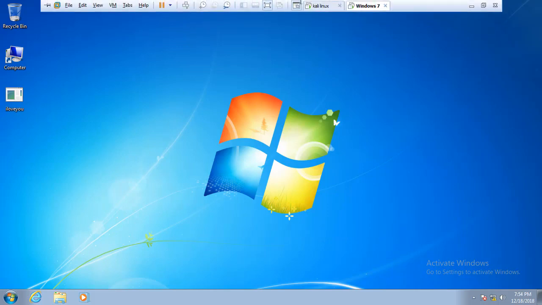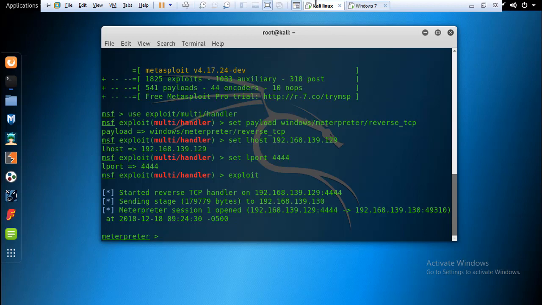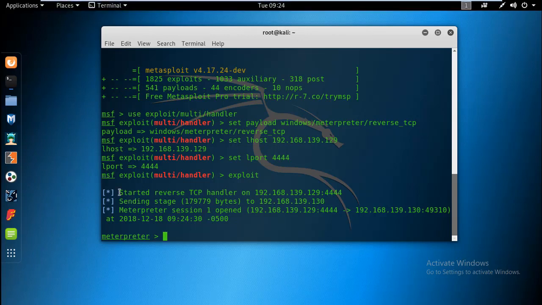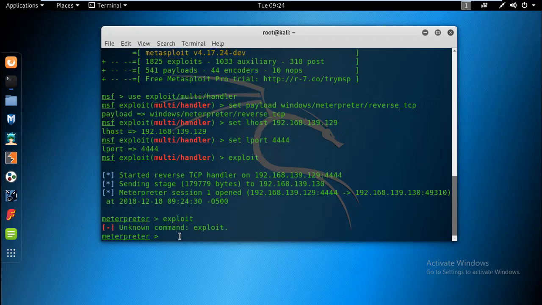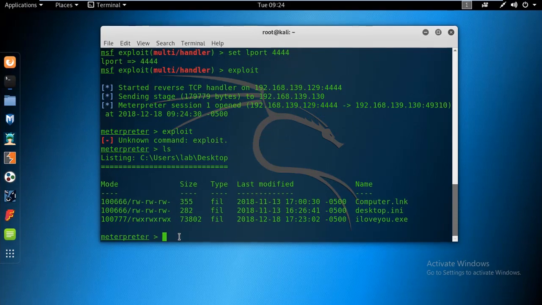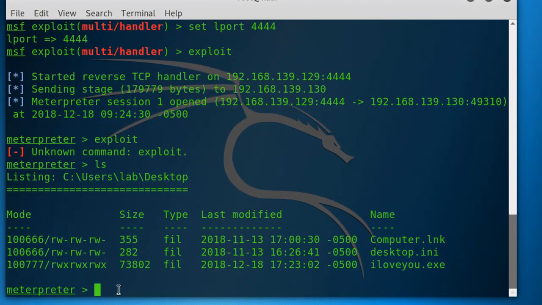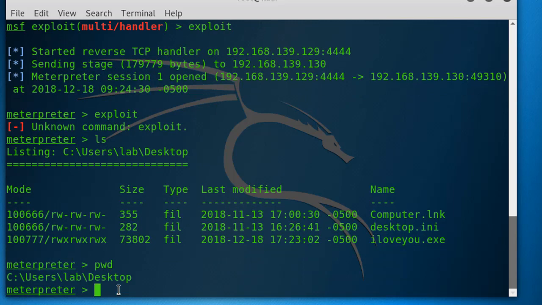So now let's get back into our Kali Linux operating system. You guys are seeing that we get a Meterpreter session. So we are now inside the victim's computer. Let's give a command called ls. So that shows the files inside his system, and I will show you something. Let's see the directory we are working in. The pwd command shows the current working directory. So I am inside the computer of that specific person, and let me show you other commands.